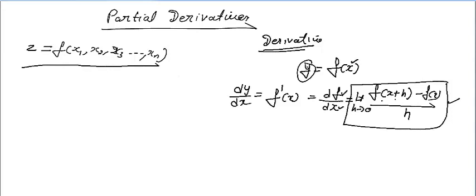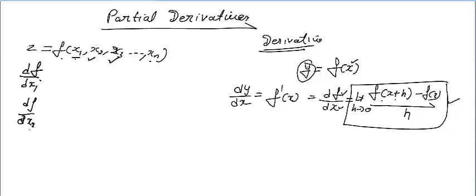But if you find the derivative, meaning the change in this function with respect to x1, because this function depends upon x1, also x2, also x3, and so on, you can find the change in the function either with respect to x1 or with respect to x2 and so on. That will not be the total change, because here we are finding only the change with respect to x1. I will give a very interesting example here.